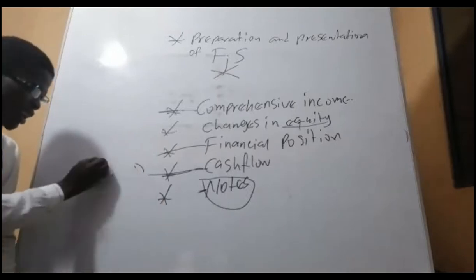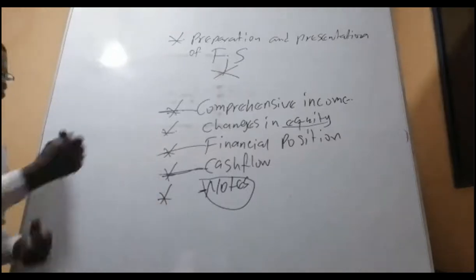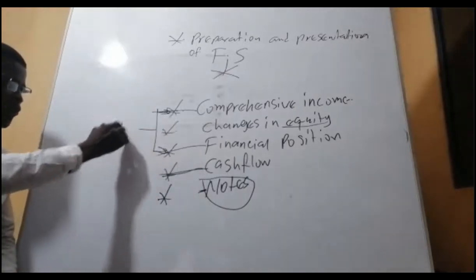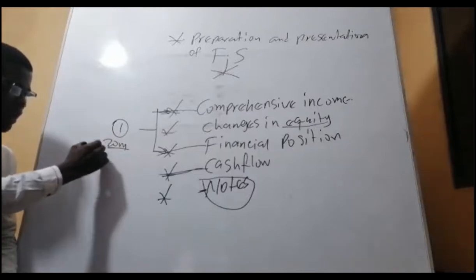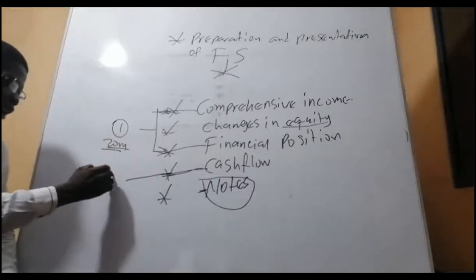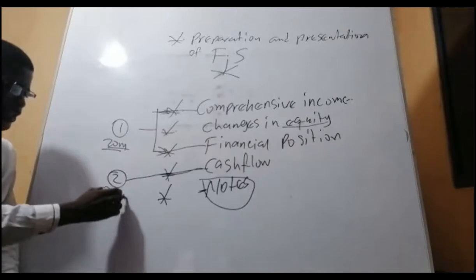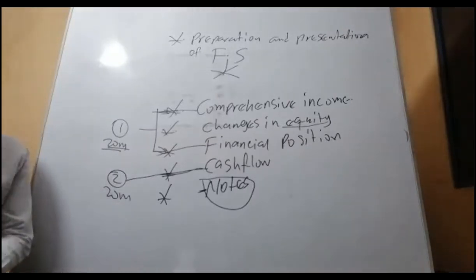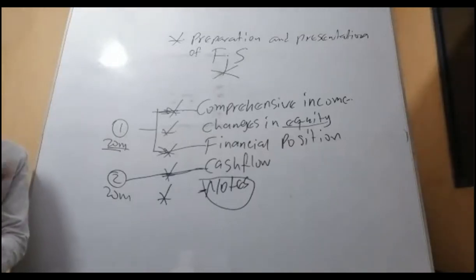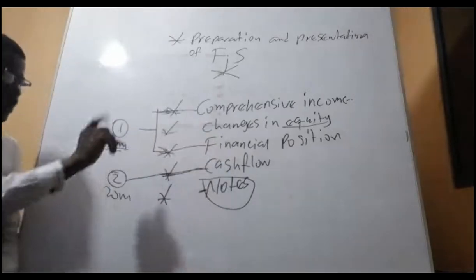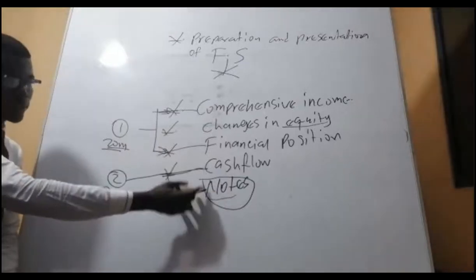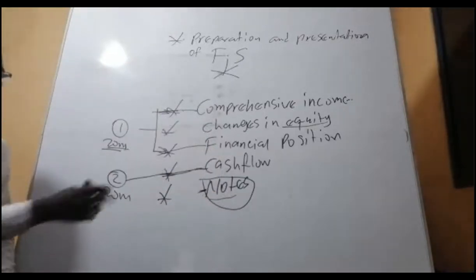Now this is the structure of the exam. The first three is one set. One full question, valid for 20 marks. This one is also another set, valid for what? 20 marks. So it tells you that this topic is not a small topic. 40 marks, yes. Just that at a time, you can bring just one set. And all of them move with a note, with the workings. You can't do cash without the workings. So all of them move with it.